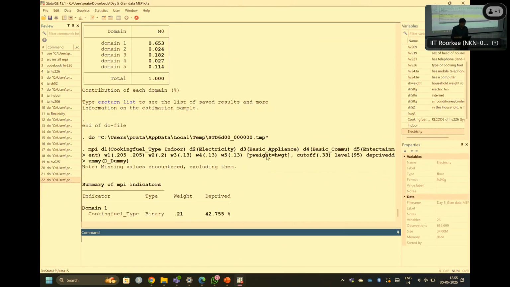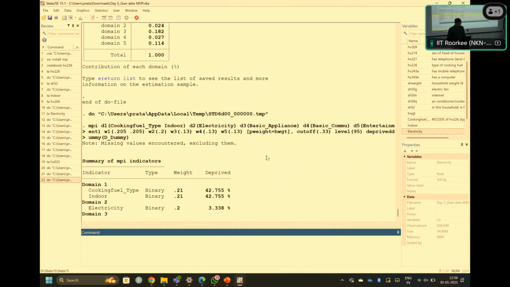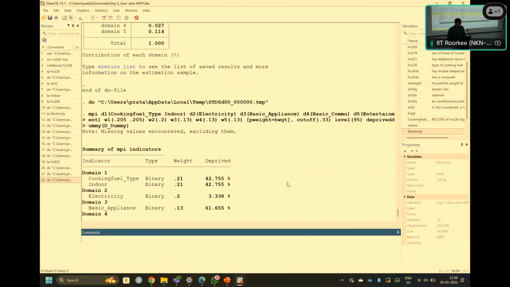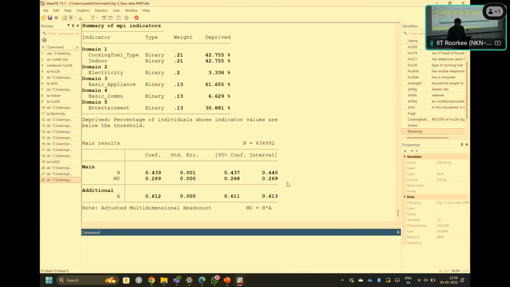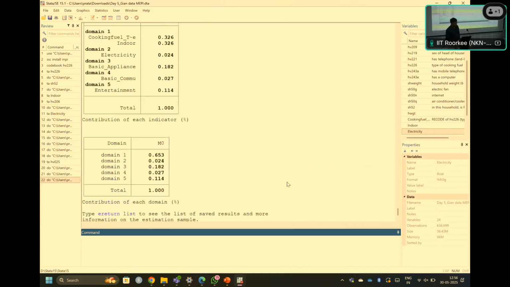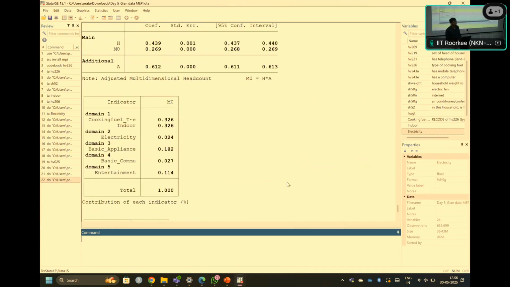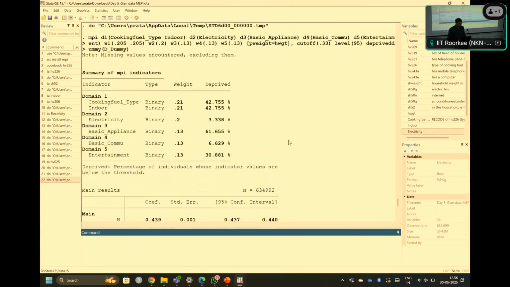Now you can see since the deprivation score is now derived, it can be clearly mentioned in our result. So M0 score is there, but it is also providing the deprivation details with their respective weight.